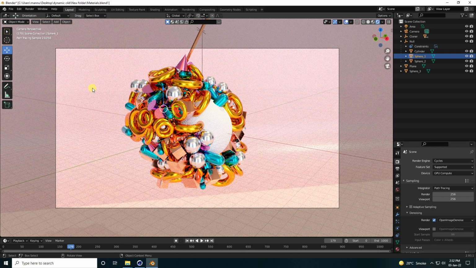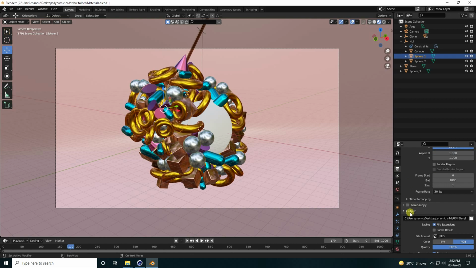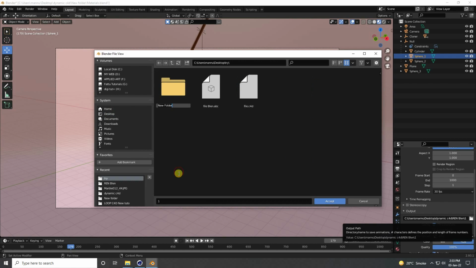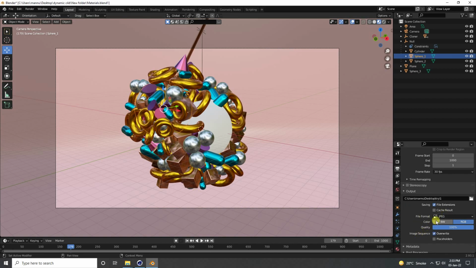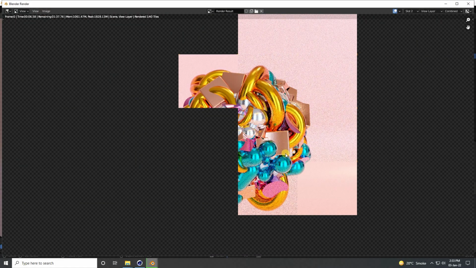Okay, so now next one guys, I create a full frame animation. So click on here, shader, and guys, go to here and see guys, that's my output. So output path guys, change like this. So go to Desktop and create a new folder like ren and take any file name, yeah. Guys, file format, this one, I like JPEG and quality 100%, yeah. And go to Render here and Render Animation, check. Yeah, see guys, that's my beautiful render, right?